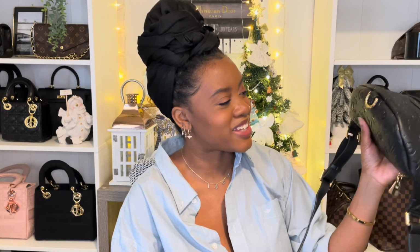First bag up on my sell list is this black bun bag. This is a black Empreinte bun bag. The biggest reason on my list for sell is because technically this bag is my husband's bag. So, you know, it was easy to sacrifice it because technically it's not mine. But one of my main reasons though is because it's not by very much, but it's smaller than the Monogram Bun Bag. I did a little comparison when I did the review on this bag. So if you guys want to see the comparison, you got to hop over to my review on this bag